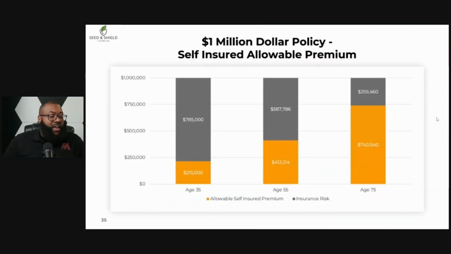So let's talk about insurability, because again, this all stems from you having to contribute this money and put it in an insurance policy. I have clients that are different ages, right? So let's look at this example. If someone is 35 years old, 55 years old, or 75 years old, you can be a client of mine and I can help you, right?